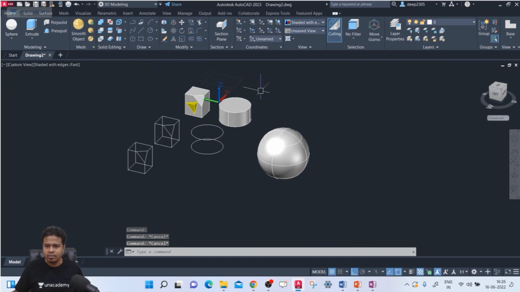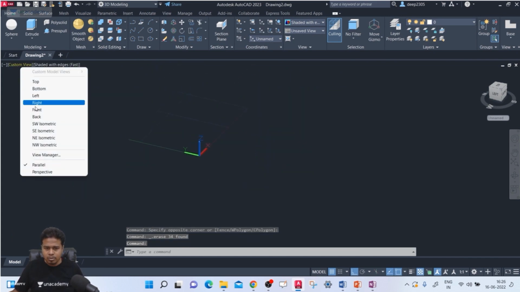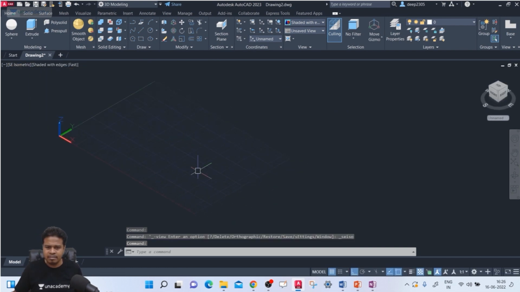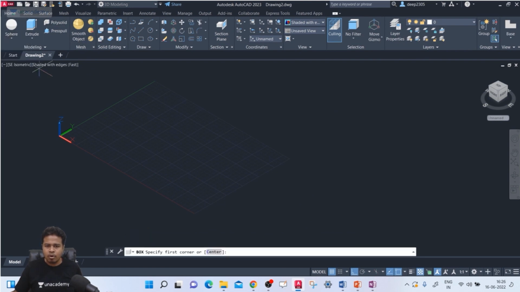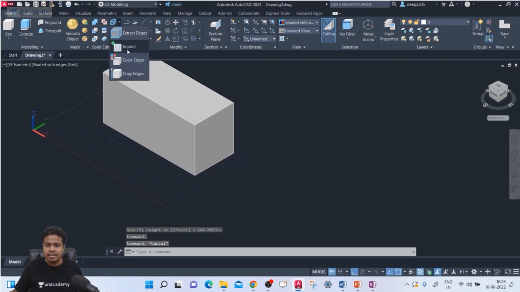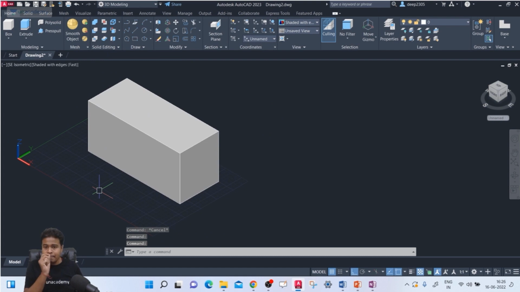Now delete all. Come to southeast isometric. That is more preferable and very easy to use. Now create a box again. Now the next option is imprint. Imprint. Okay, imprint. Let me create a circle here